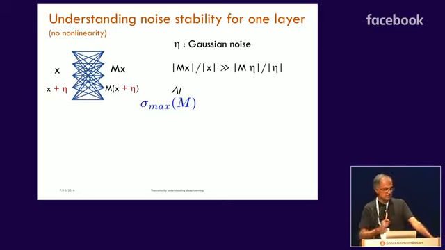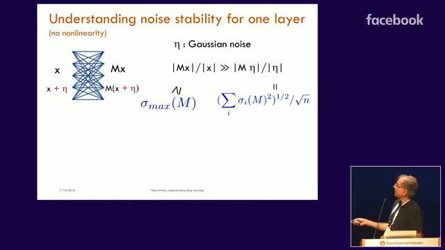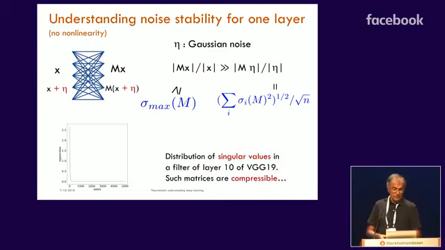But mathematically, what does this mean? Well, what does this imply? So remember the singular values. So this is upper bounded by the top singular value of the matrix M. And what's the right-hand side? Well, Gaussian noise distributes itself evenly in all directions. So it distributes itself evenly in all singular directions. And so a simple calculation shows that this ratio is related to the L2 norm of the singular values. Okay, so largest singular value and the L2 norm of the singular values. So what that suggests, this inequality, is that the singular values are concentrated.